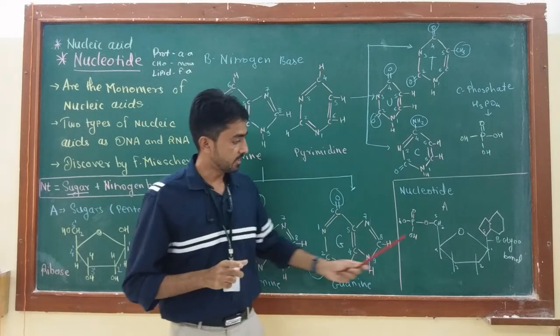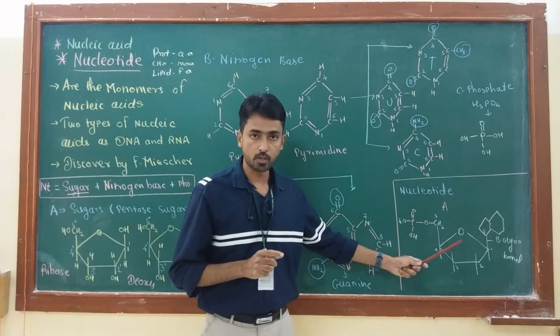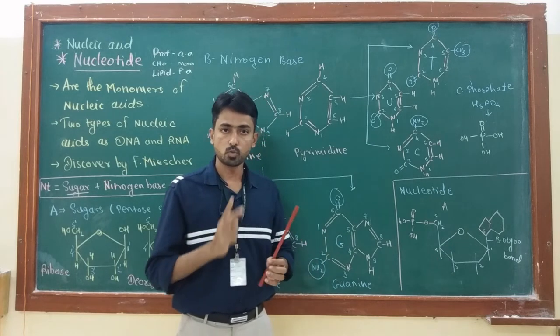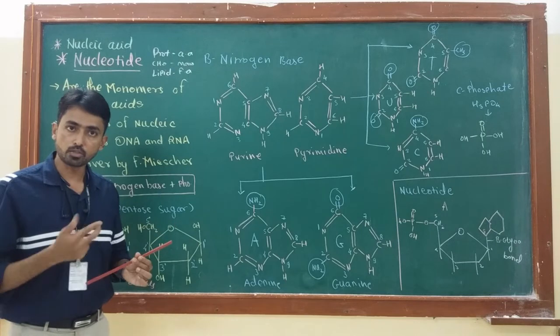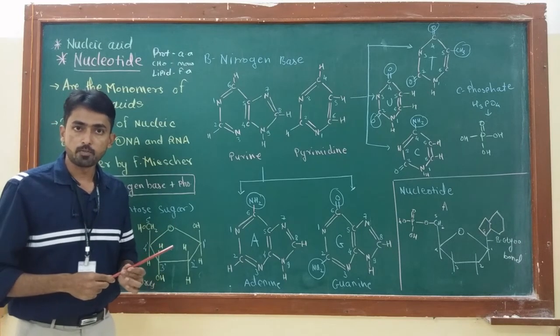Generally, DNA contain this type of nucleotide attached in two different type of strand. One strand run in 5' to 3' direction, while other strand run in 3' to 5' direction.